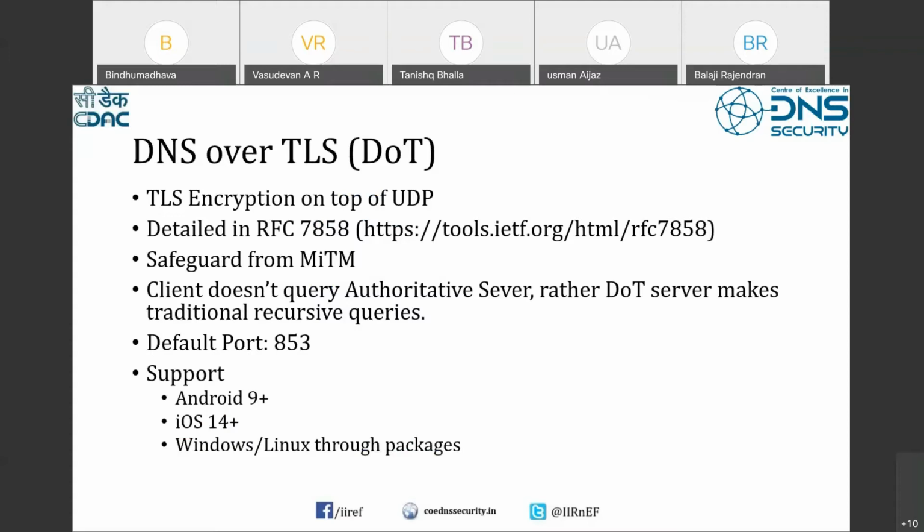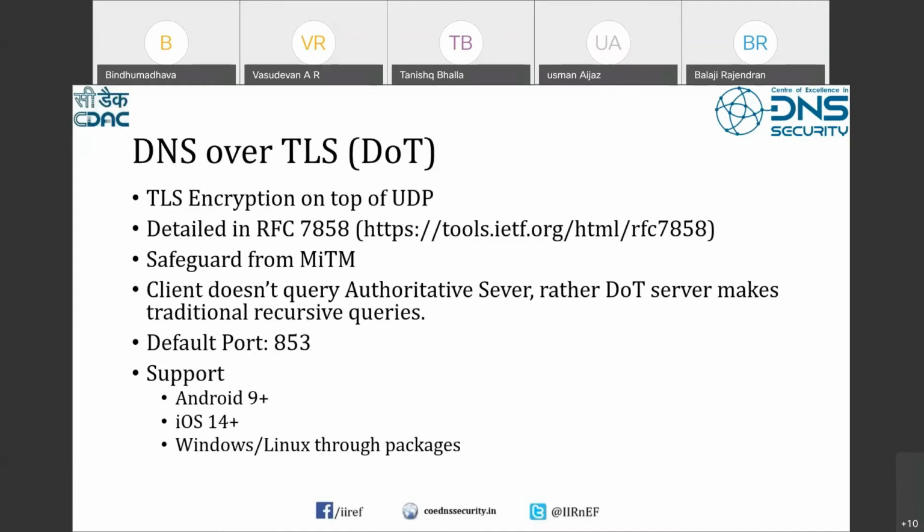So we know that TLS can be used for encrypting the data using the help of a TLS certificate and symmetric key algorithms. So the same TLS encryption can be used on top of UDP to hide, or basically encrypt, the DNS request and response. The detail of DOT is available in RFC